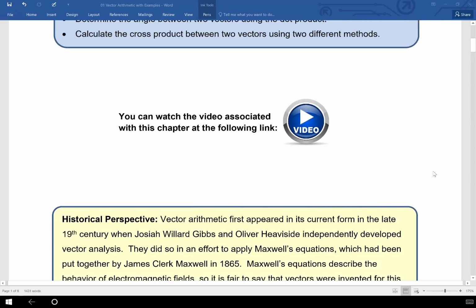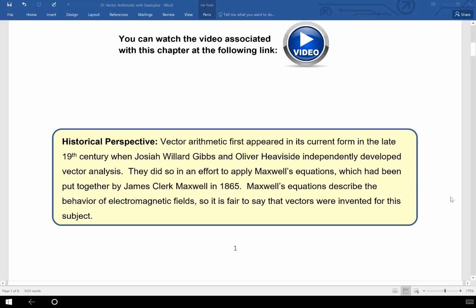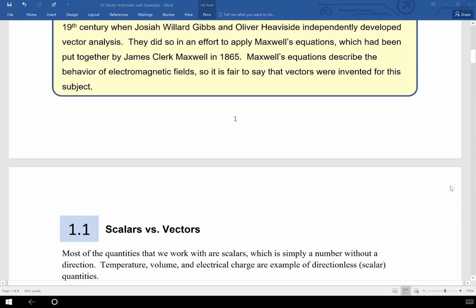using. There's also a little introductory historical perspective at the beginning of each chapter, and in this chapter it is the fact that vectors were invented literally for electromagnetic field theory. That shortly after Maxwell came up with his equations in 1865, two other mathematicians and physicists, Gibbs and Heaviside, independently developed the use of vector analysis to be able to work with the new equations that Maxwell had just come up with. So if you hated vectors in earlier classes, you can blame electromagnetic field theory for the fact that